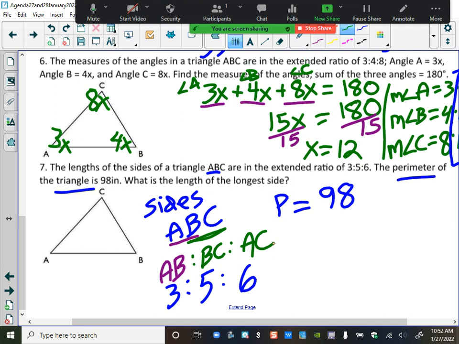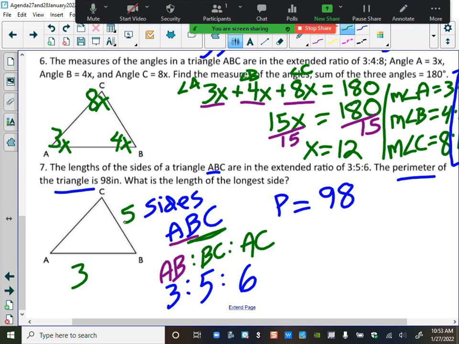Now, anytime you have this situation, if you're not sure about what the number is, because we know 3 plus 5 plus 6... Would it be near the side? It would be in between A and B. That would be 3, right? Okay, so there's going to be a little bit more. Let's keep the 3 there. And then for the 5,